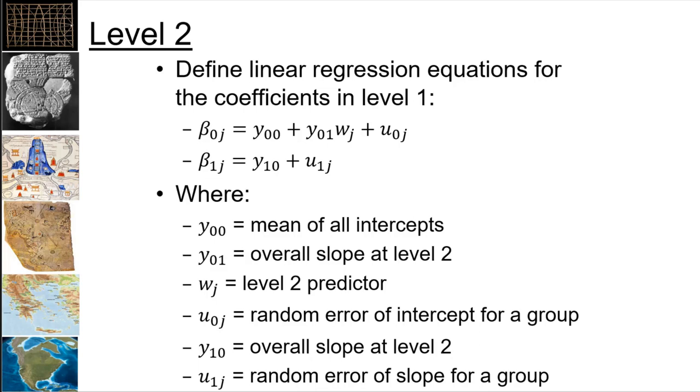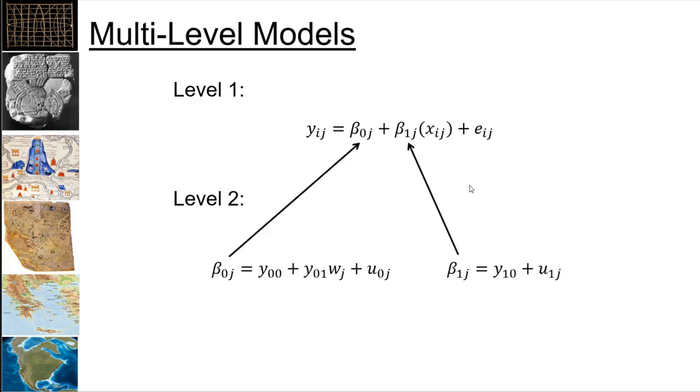So that's where the multi-level or hierarchical nature of it comes in. And then the same thing is true for the errors. And then here's our intercept equation for our intercept. Okay, and when we look at this graphically, what this is showing is that we have our first level, which